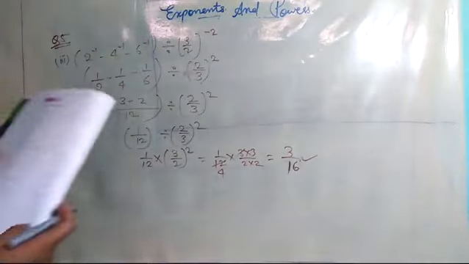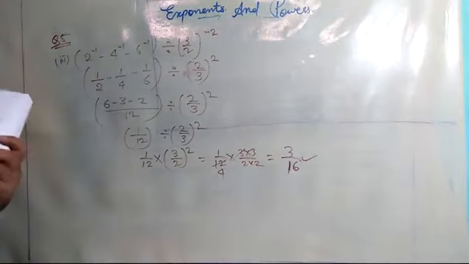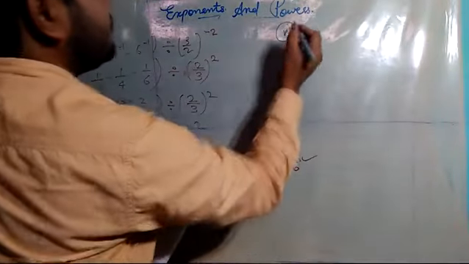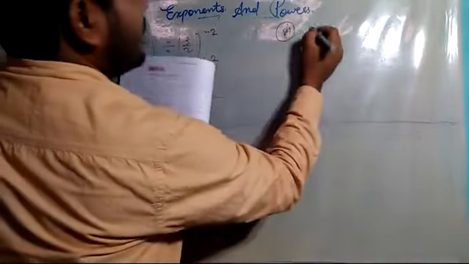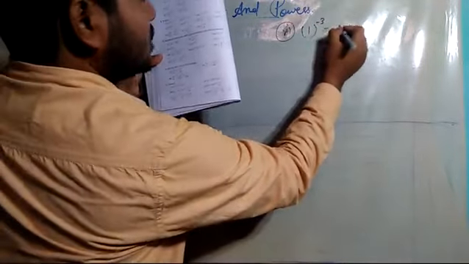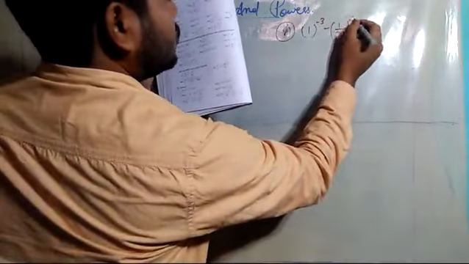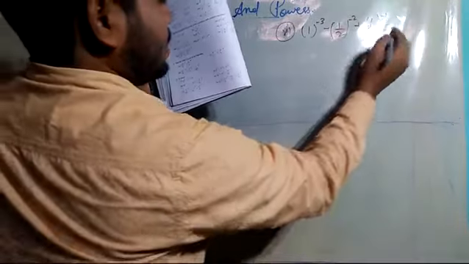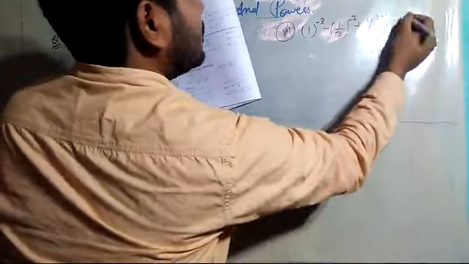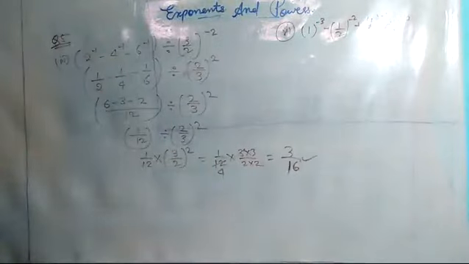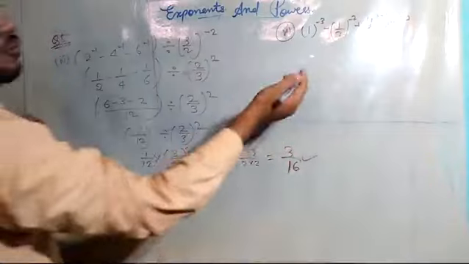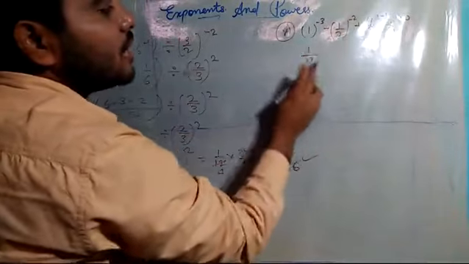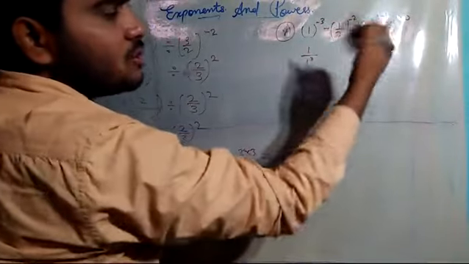Now question number 5, the sub part, I can go for the 6th one only, the last one, the longest one: 1 raised power minus 3 minus 1 by 2 raised power minus 2 plus 1 by 3 raised power minus 1 minus 1 by 4 raised power 0. This is what we have to evaluate. So 1 raised power minus 3 means what? Anything raised power negative, 1 by 1 cubed, means 1 into 1 into 1 will be 1 only.